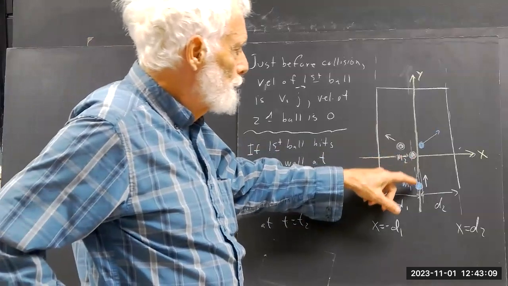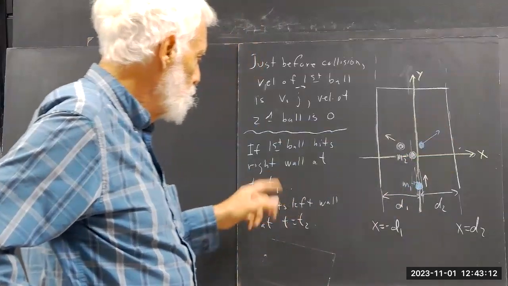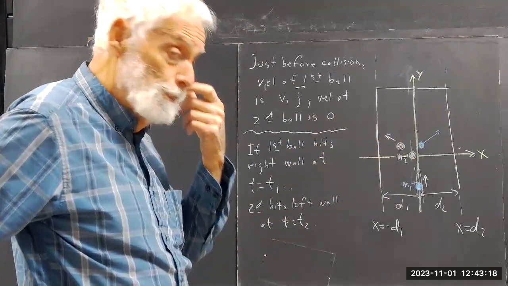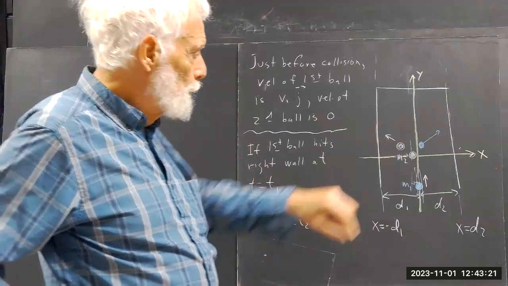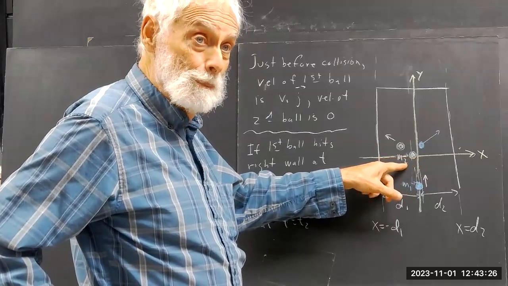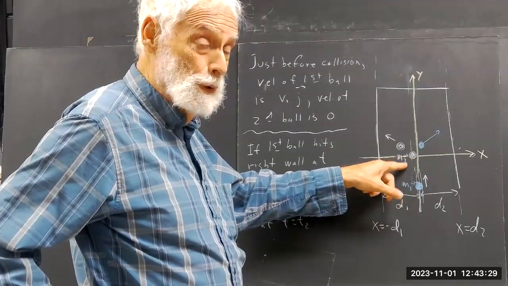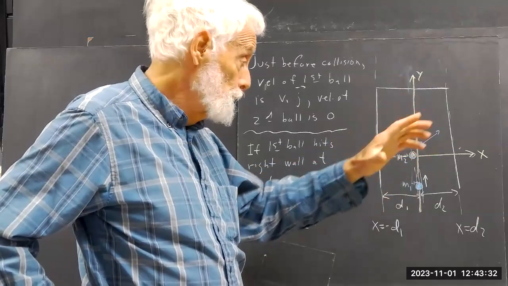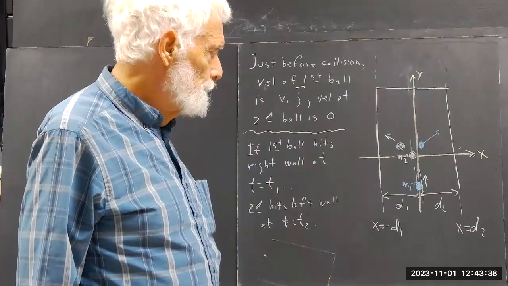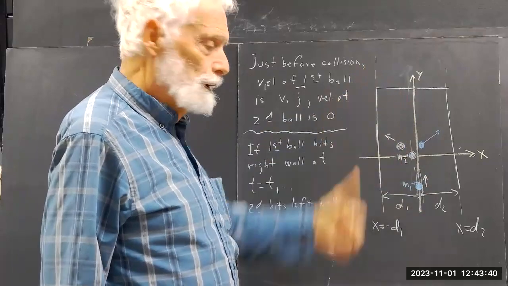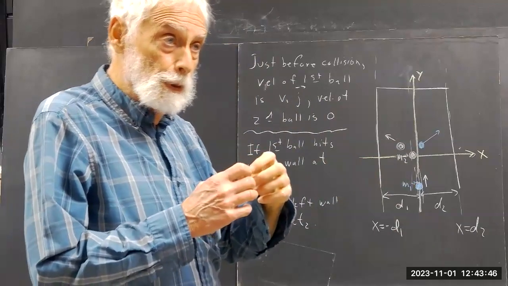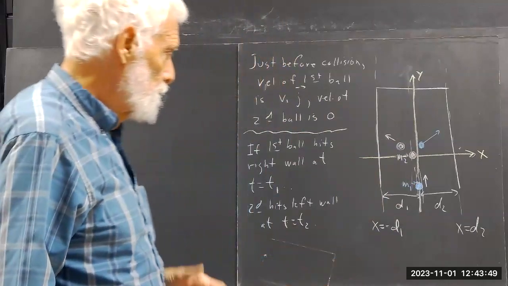If the time between collision and hitting this wall is T1, and the time between collision and hitting this wall with this ball is T2, and if we ignore the diameter of this ball and how much it's offset because we didn't really measure that, that's one source of uncertainty in the experiment. We make the simplifying assumption that both balls started out at the origin, even though that's not really true. We've got to take the diameter of the balls into account and make some compensation for that, but we'll keep it simple.